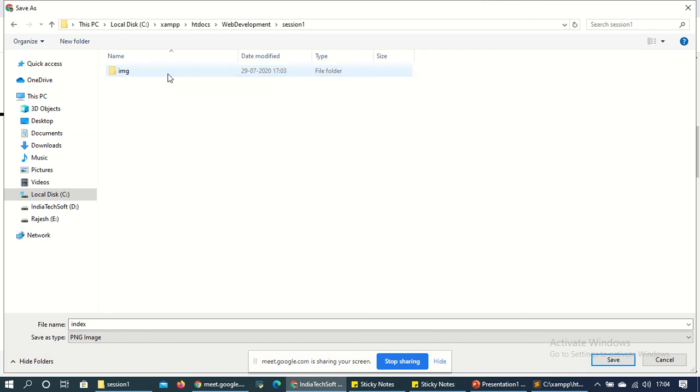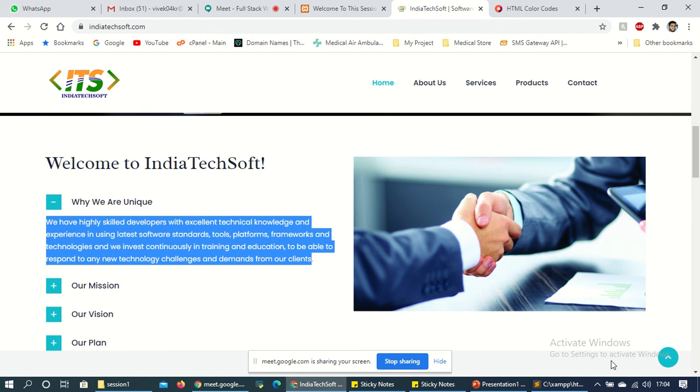I've created one project folder, named img. Under this img I'll put one image, image one, and this is a png file. So .png will be the extension, and save the image.